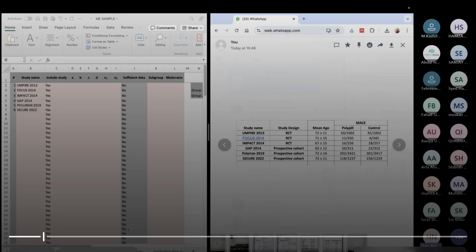Did everyone understand? So we'll start adding the numbers now. So this column N1 is for the total number of patients in your intervention group, and in N2 the total number of patients in your control group. Simply use this screenshot that you can see on my screen. Because we are doing this for MACE outcomes, the total number of patients of every study is written after the slash in each group, so that's what you have to add, and that's what I'm adding as well. Okay guys, if there's any confusion, ask right now so that I can help you as we go along.